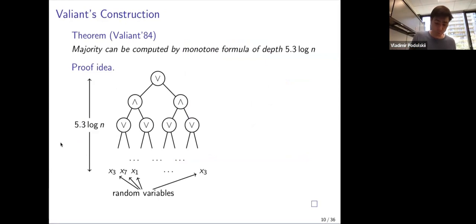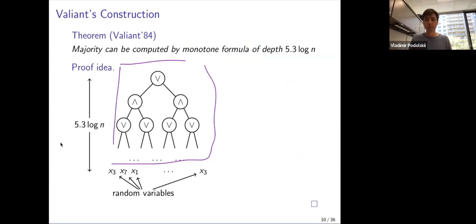Let's consider the following formula. On the top, you have OR, on the next layer, you have ANDs, on the next layer, you have ORs, and so on. Take the depth to be 5.3 log n. So this is the structure. It is very structured, but now the main point is how do we assign the inputs? For each leaf of this tree, we assign a random variable from the input, and then you can actually prove that this circuit